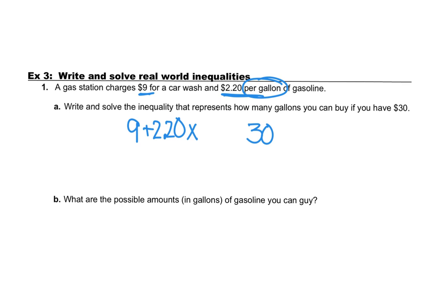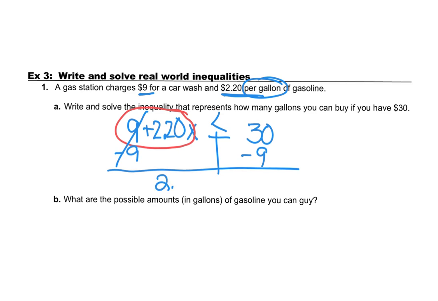And now let's talk about how to place our inequality symbol. Remember, we can spend all of the $30, so I could have an equal sign. And this part over here represents how much I can spend. So that part right there, you can have it equal to 30, but it cannot be greater than 30. So your inequality symbol is going to go to the left. So now we need to solve it to find the number of gallons of gasoline that you can buy. So we would subtract the 9,